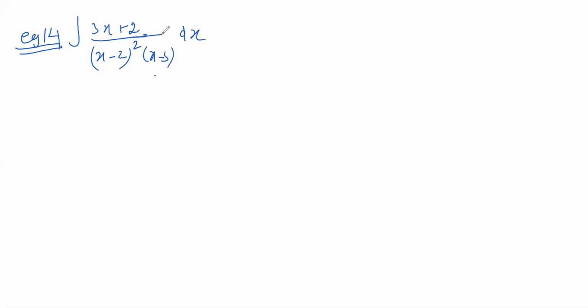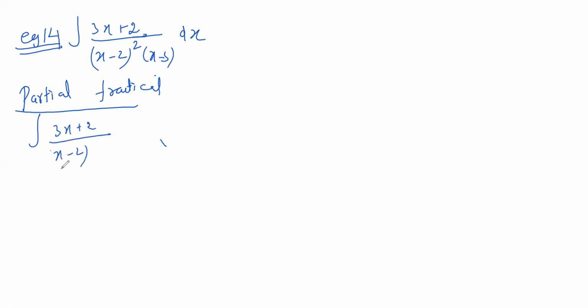And this is also somewhat difficult for the usual division algorithm, so we are using partial fraction. Using partial fraction, we split the terms. So 3x plus 2 by x minus 2 the whole square into x minus 3 into dx is equal to, this is type 2 partial fraction. Can you remember this? Here the first term is x minus 2 the whole square. So how do you assign the constants? First you write a by x minus 2, then plus b by x minus 2 the whole square plus c by x minus 3. Type 2 partial fraction. You remember this?